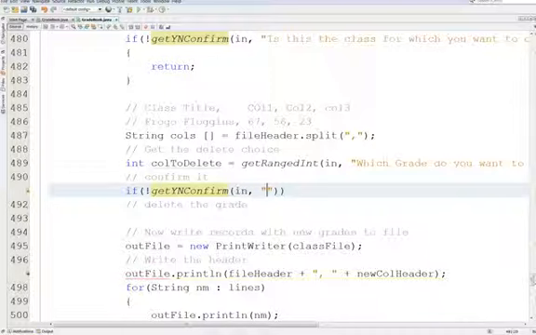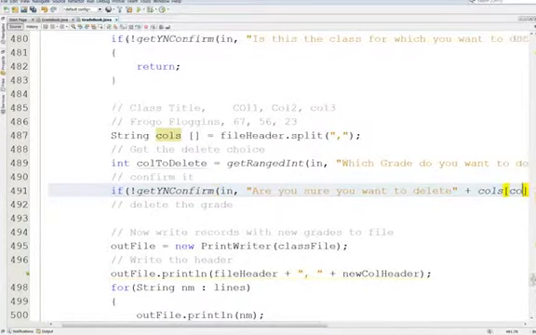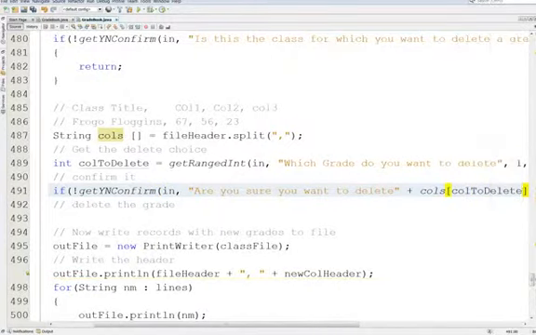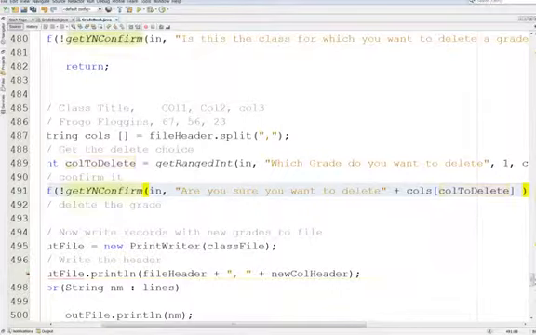Okay, now this is kind of cool. Basically, we don't have to use the menu, but we can actually use the fact that we already split the file header to show the name of the column. Okay, so let's do this. Are you sure you want to delete plus calls square bracket call to delete plus